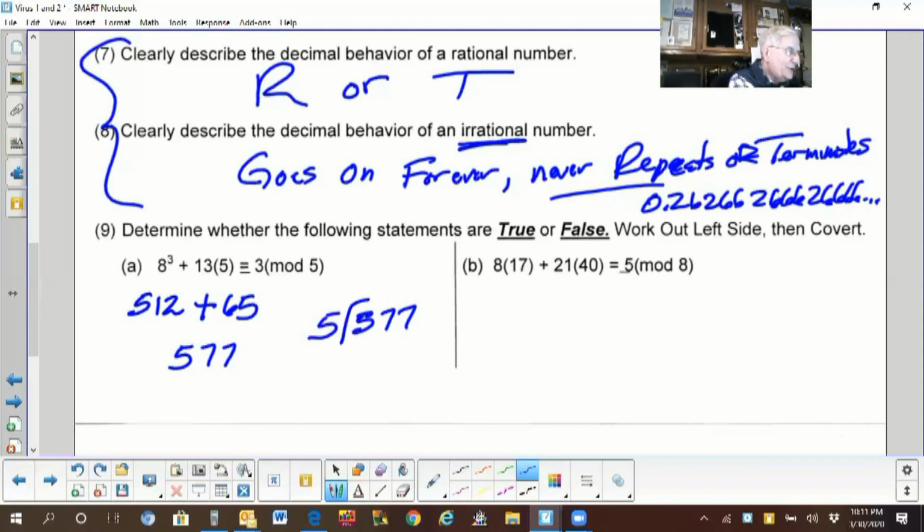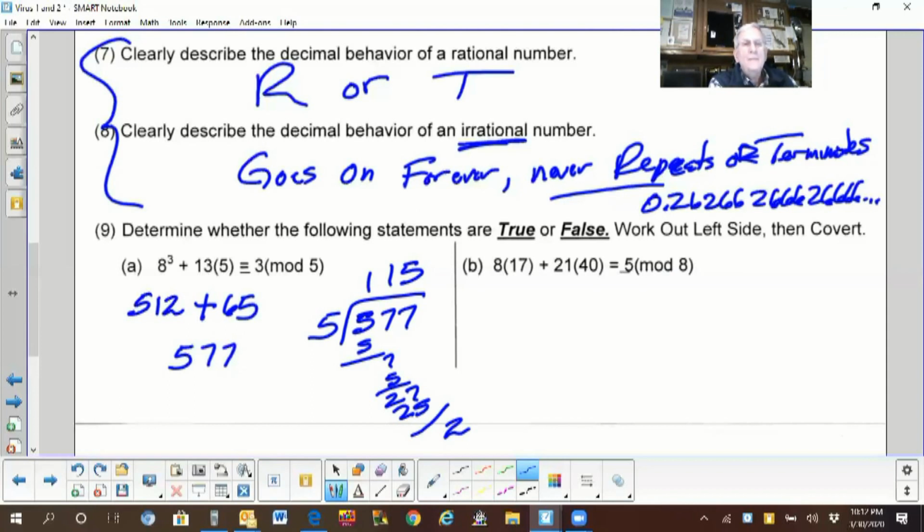Now, I'm going to do it longhand here. Goes once again, and 5 times. You'll notice I have a remainder of 2. Remember, the remainder is your answer. So this number, written as a mod 5 number,